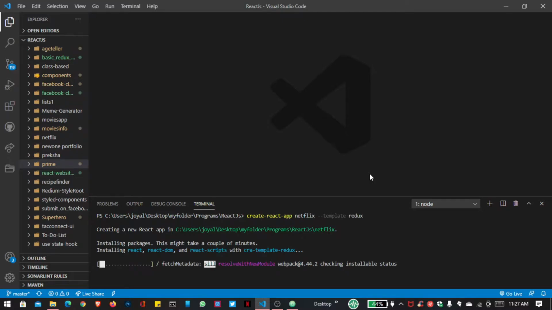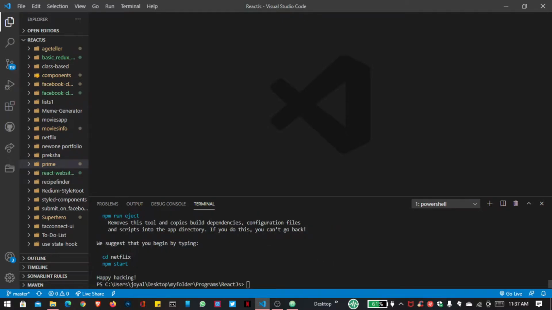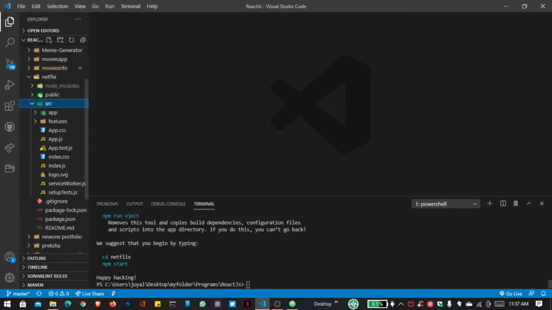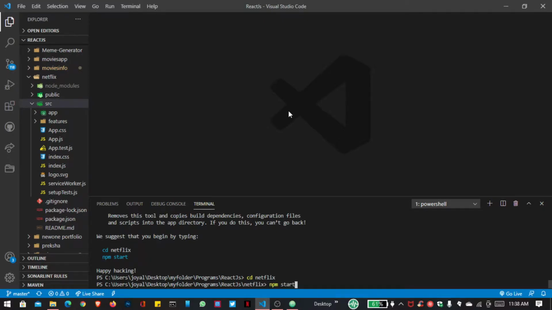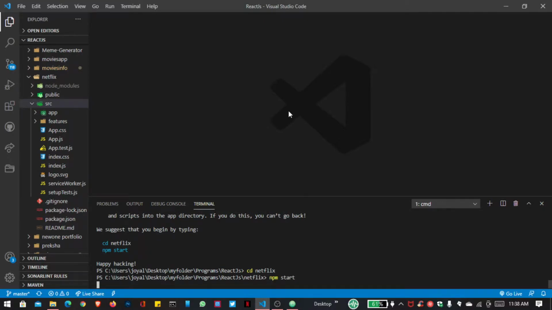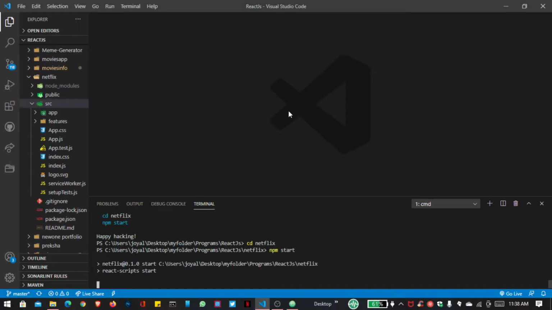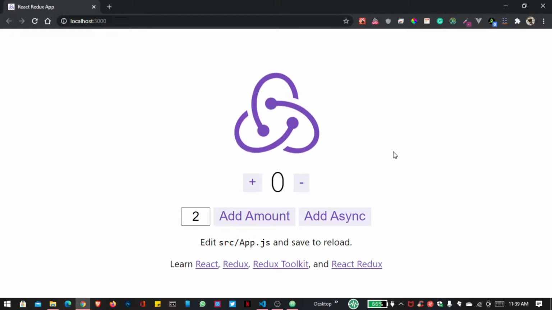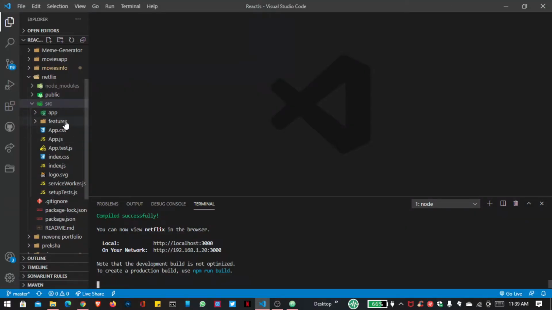This will take some time, so I want to speed up this process. Now you can see my project is initialized, and to start our project inside our browser, first we have to go inside netflix with the command cd, and then write npm start, and it will open your default browser automatically. So you can see, guys, our project has started, and this is the default stuff, because remember we are integrating Redux also. So first go inside our App.js,